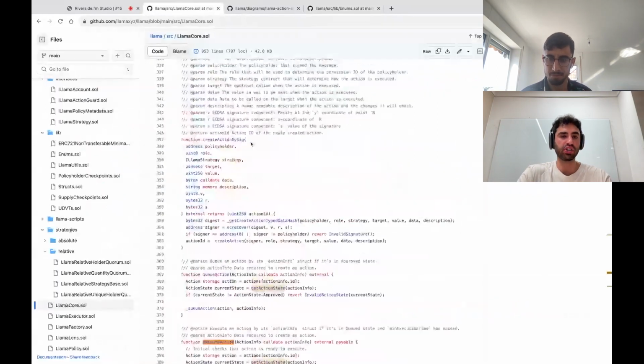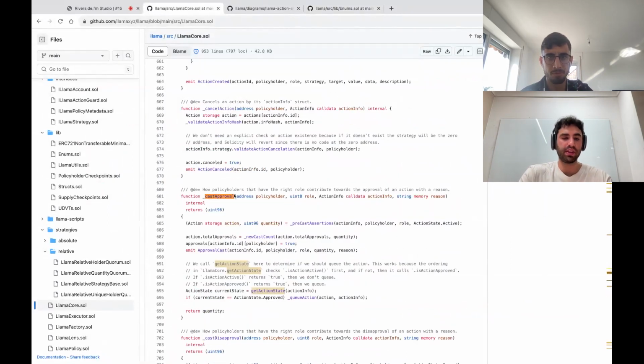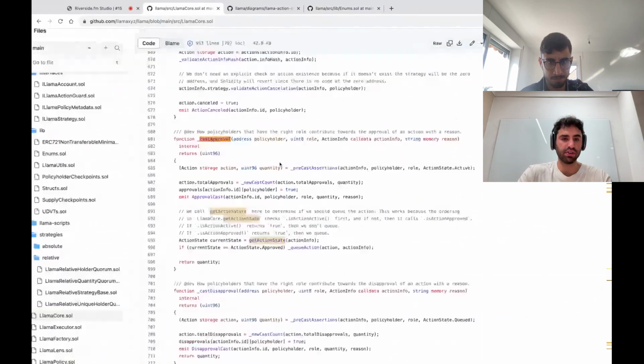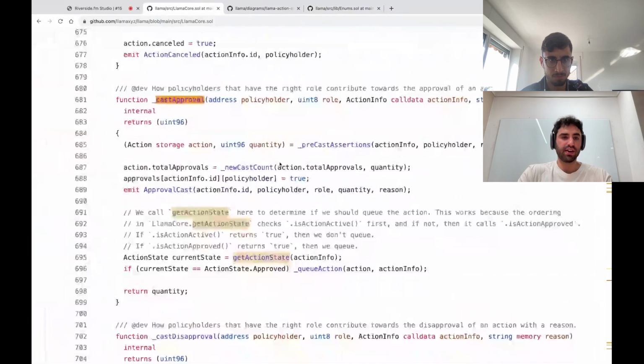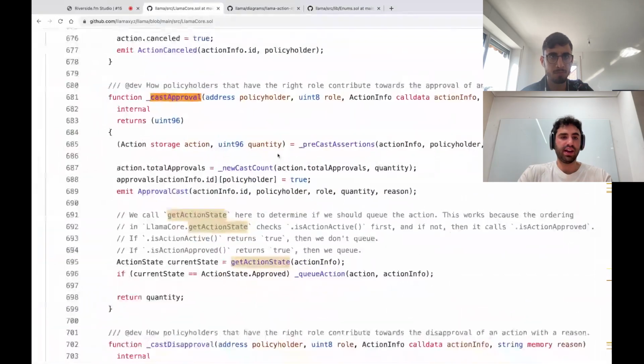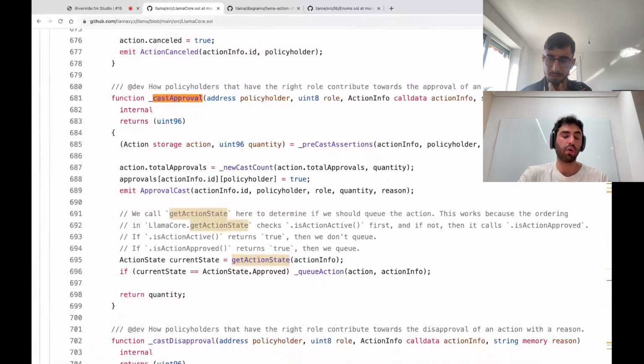We just created our action, so we're now in the approval period. I can go through what casting an approval looks like. Casting approval is another function that's being called on the core contract.